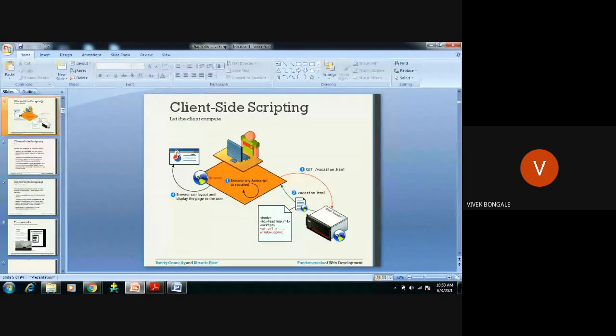So what is the advantage? There is less load on the server. Wherever we need to modify something, there is no need to send a request to the server, right? However many times you want to modify that web page which is downloaded in the browser, we do not need to request the web server. After modifying, again we do not need to request the web server or have it send the updated web page, right? So there will be less load for the server. This is one major advantage.